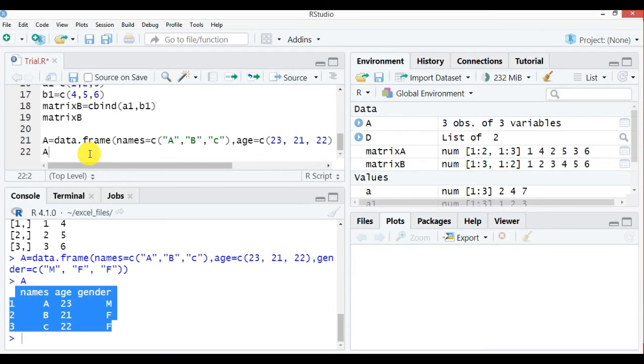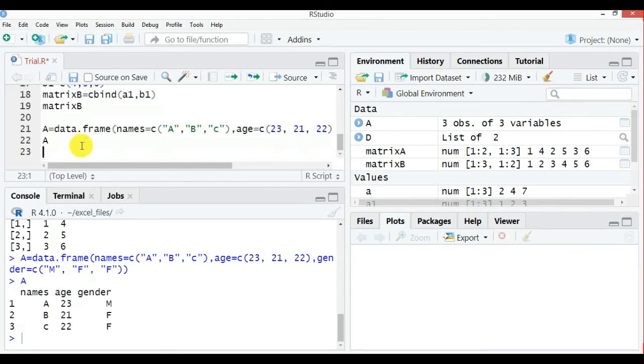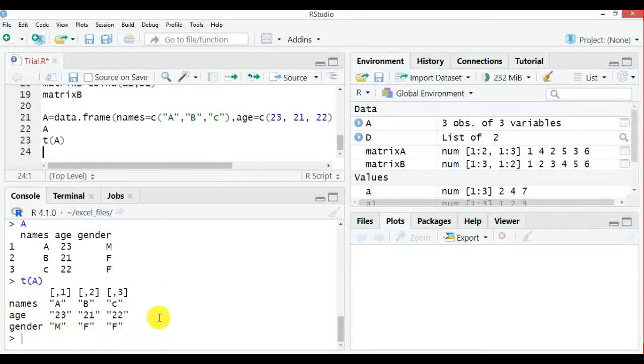So here I am getting the names, age, gender this way. If you want to transpose it, in the next line you can just go A, you can give t, a small t, sorry, for transposing this, and run, the whole thing will get changed. But when I did that, it has made everything into quotes.